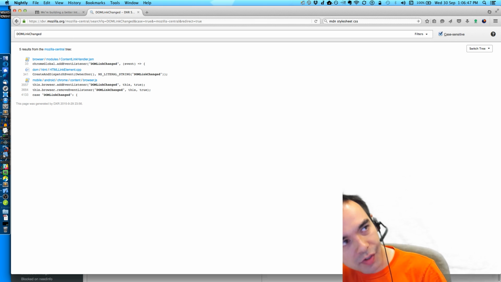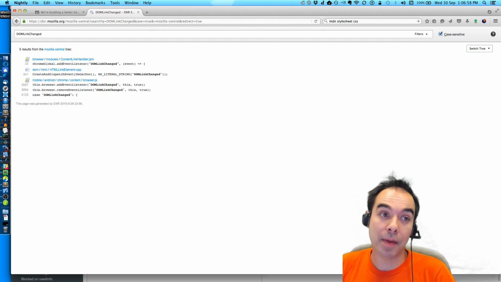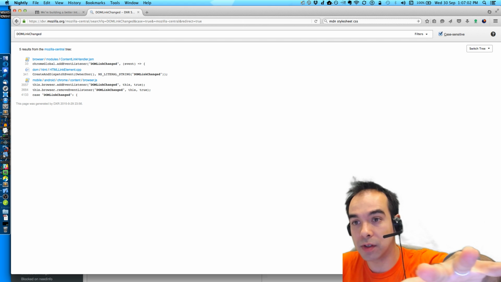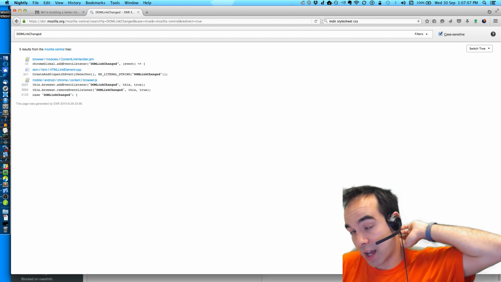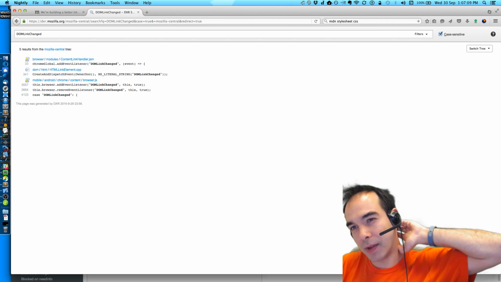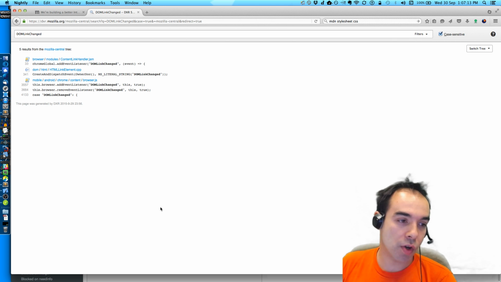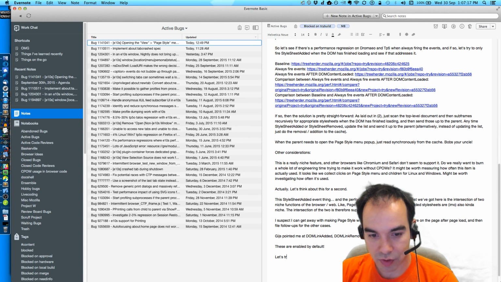My one concern is that this might introduce performance regressions, because it's going to cause the content process to scan every document in a tree whenever you're viewing a tab. Whenever a tab first loads, it's going to scan itself and all its subdocuments for its style sheets. And I don't know if that's going to be expensive or cheap or what. But we'll find out. So I think let's try this route.